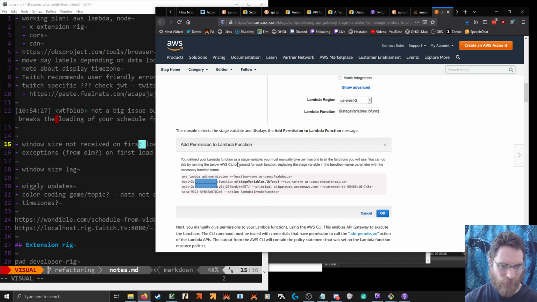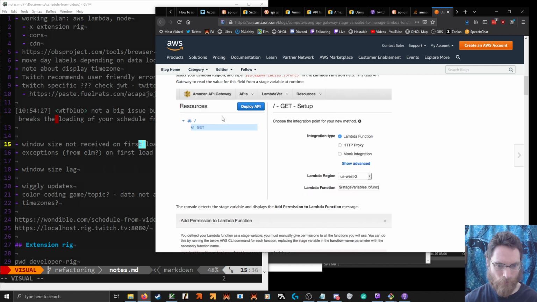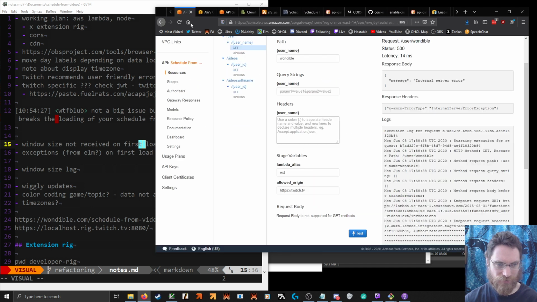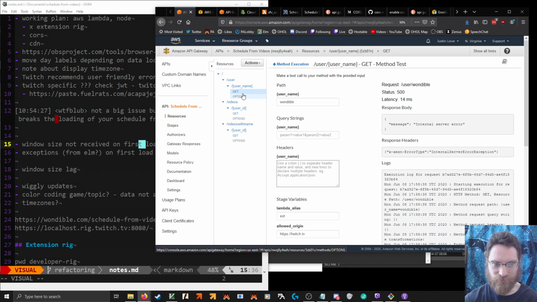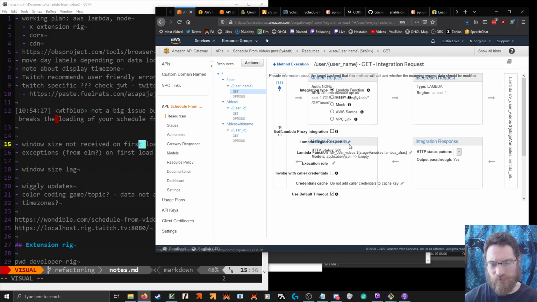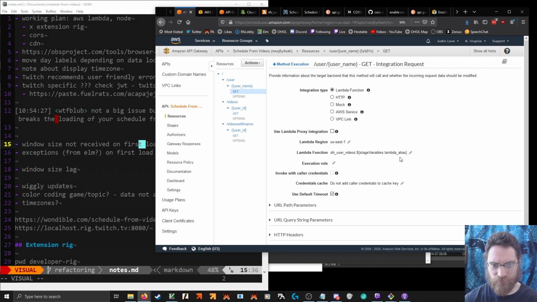You defined your lambda function as just manually. Okay, so this actually sort of has the invocation. So we have to like edit that. And it might give it to us. Integration.